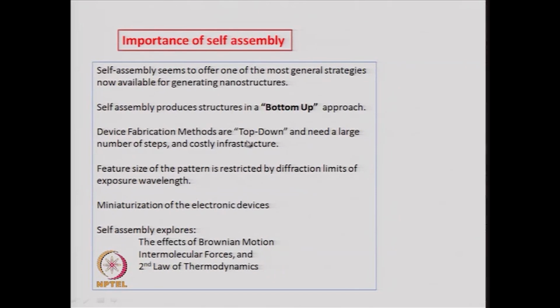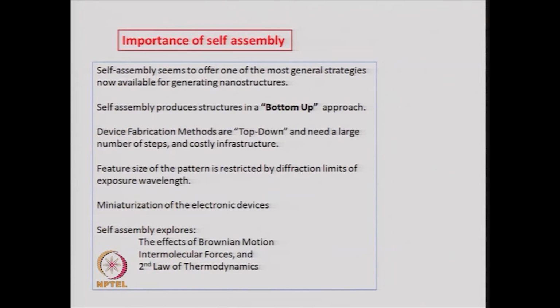However, top down techniques are very expensive, they require a lot of infrastructure, and they are not so selective, and you lose a lot of material while you are removing atoms and molecules or fragments from a large bulk solid. So, the self assembled process, which nature always uses to build larger structures, uses much less energy and much less material, is more specific, and gives rise to very